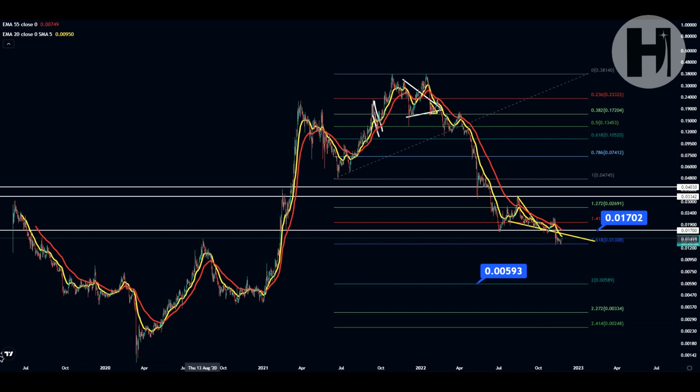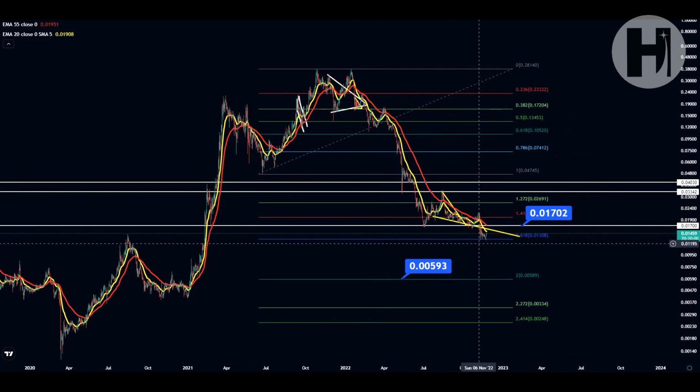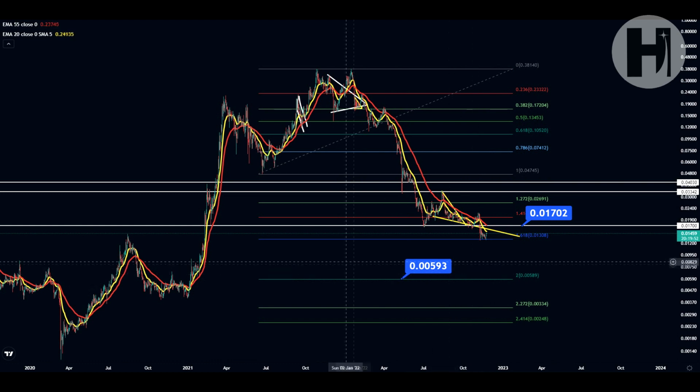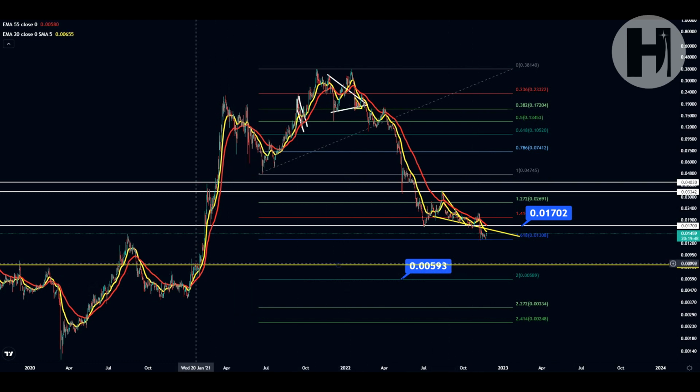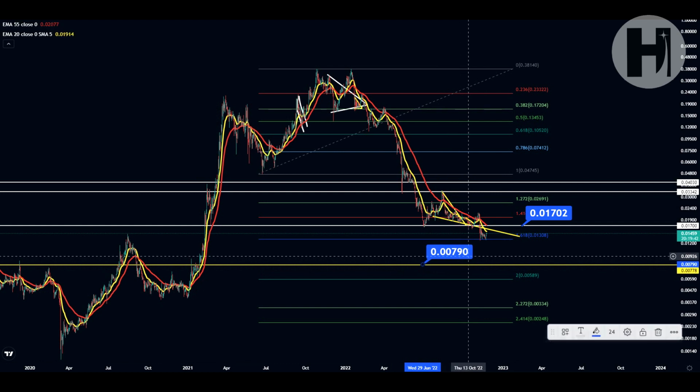So we are retesting this previous resistance as support, which is very typical for a chart to do. But that doesn't mean that we cannot go lower. We can definitely go lower, and our next target would be down here at the second fib level, 0.00589, but I think that's a bit too low. If we can take this resistance that we created in January of 2021, I think that's a more realistic target if we see a capitulation at